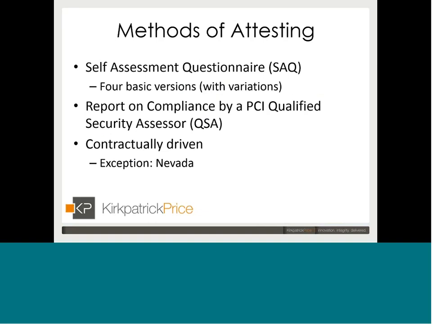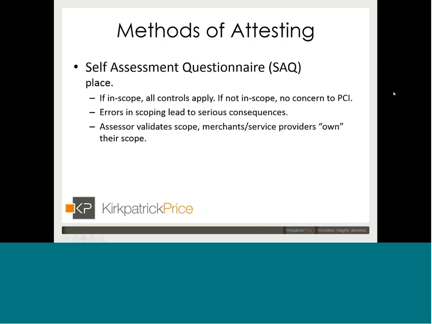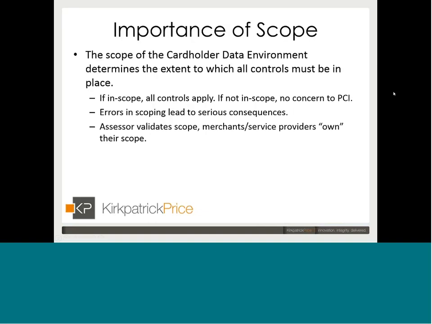One of the things we are concentrating on in each webinar is the importance of scope and understanding the scope of your cardholder data environment, and which people, processes, and systems are involved with storing, transporting, or processing credit card data. It's important to know that errors in determining your scope can lead to serious consequences. Now, Steve, what are some of the serious consequences you have seen or heard about regarding inaccurate PCI scoping?